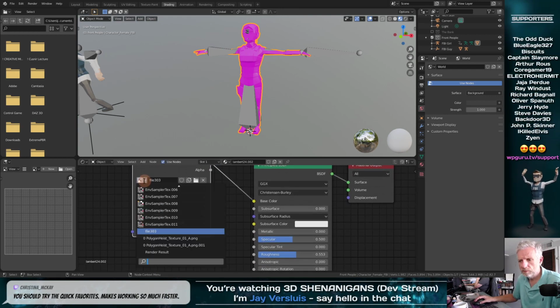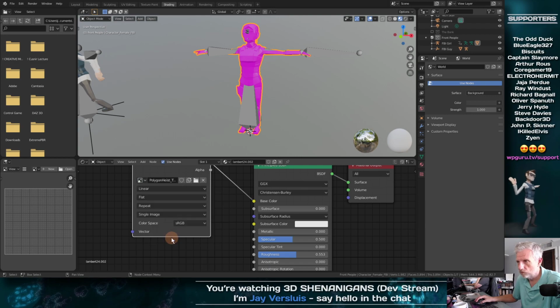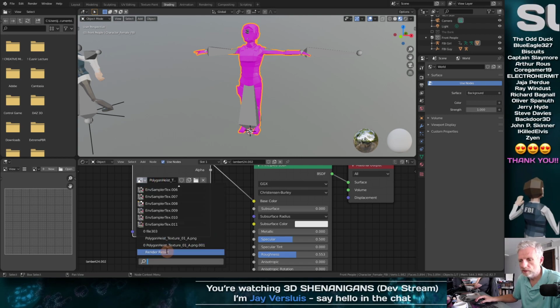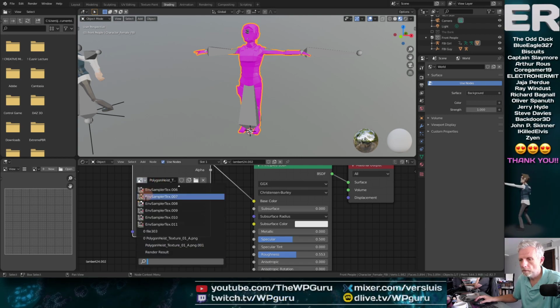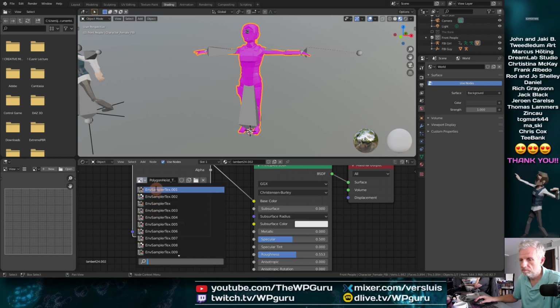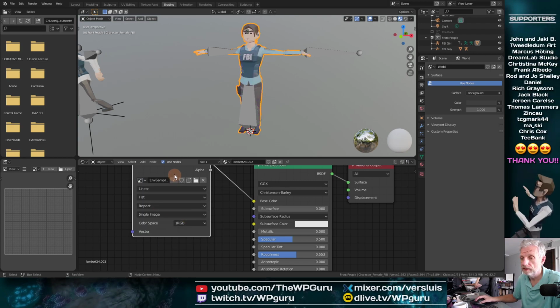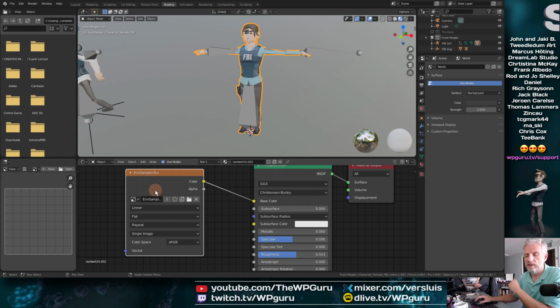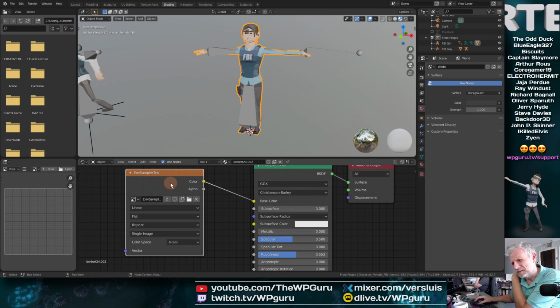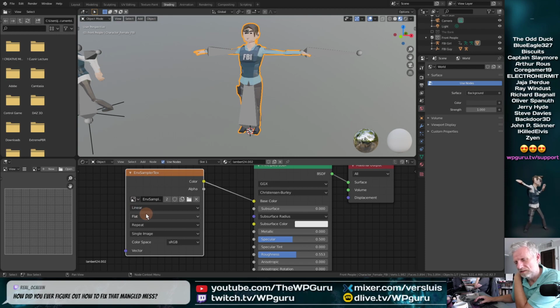And I would imagine I could just pick it up from here like so, but for some reason it doesn't really work. I don't understand why. Maybe it's just that we pick. Maybe it's that, yeah. Env sampler, even though the texture is called something else. That's confusing me, but it seems to work, so that's cool.